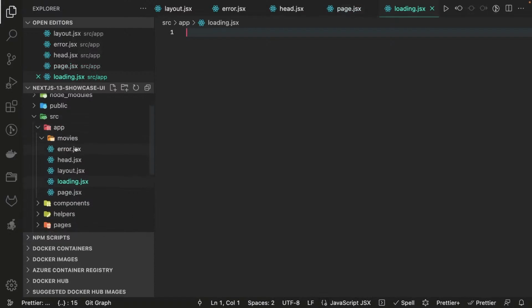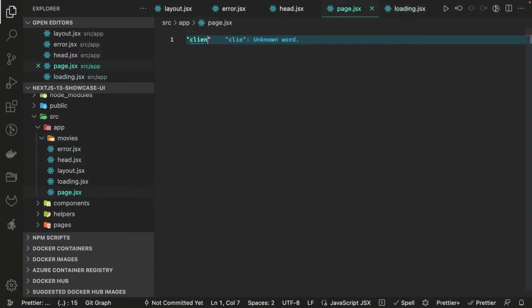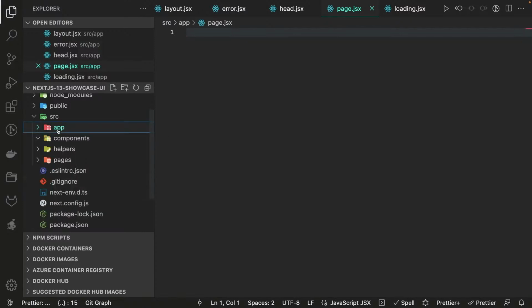So whatever you are putting inside app will always be either a server component or a client component. But for a client component, let's say I'm going to create a page.js as a client component, then I need to declare it explicitly. This is client side or client only. I always forget. If you're not specifying this, that means it is a server component. This can be a client component because you are going to use React, Redux, or state management. All these things you can put here, and those components can be imported by the components which are defined here